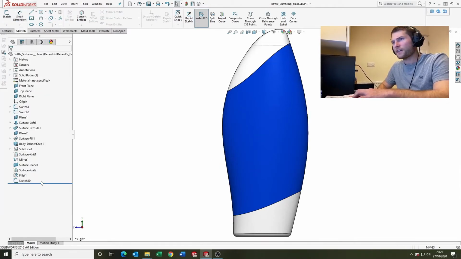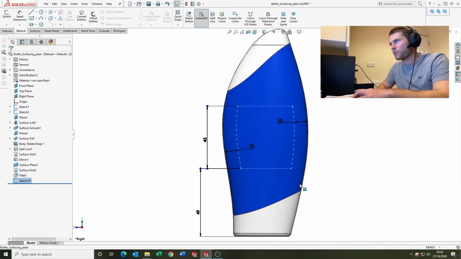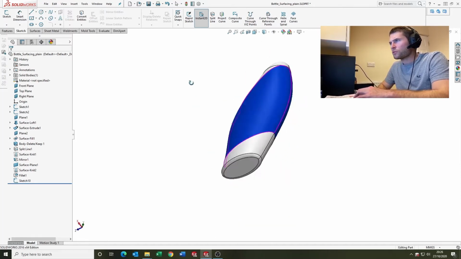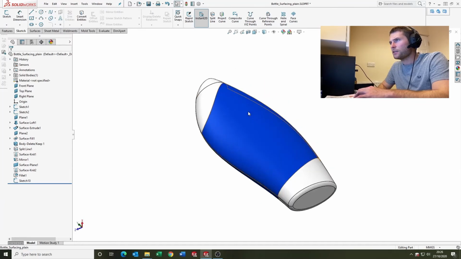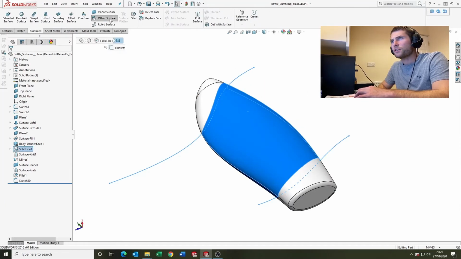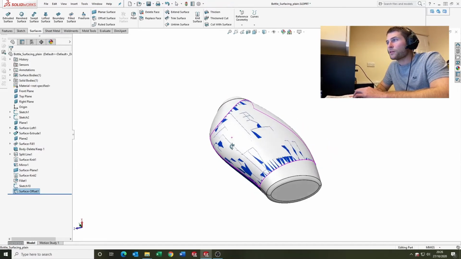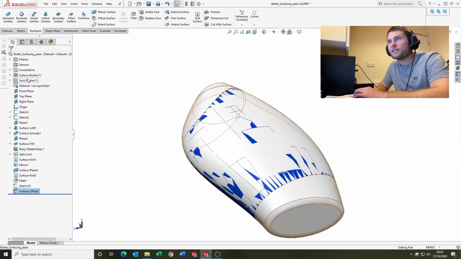So we've got a sketch there, and that's basically going to create the basis of our geometry for our label well. Now what I want to do is introduce a new surfacing tool, so the offset surface. This is a really nice tool. You can obviously set the offset parameter and select the face that you want to offset, but there is a little trick here which I'm not going to use now, but I'll tell you about. You can copy surfaces. If you set it to 0,